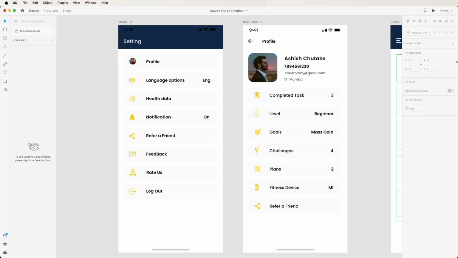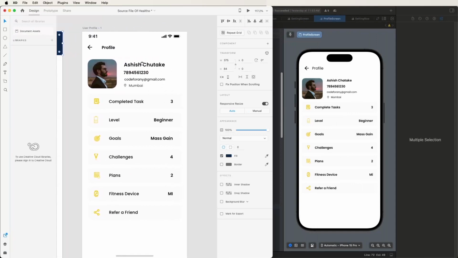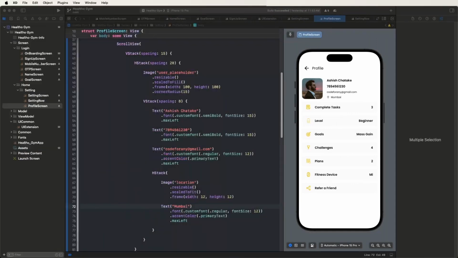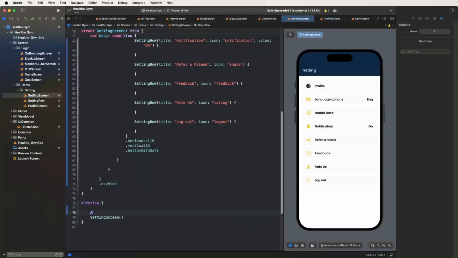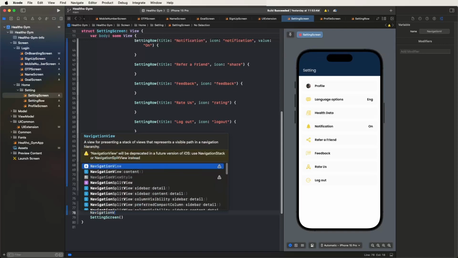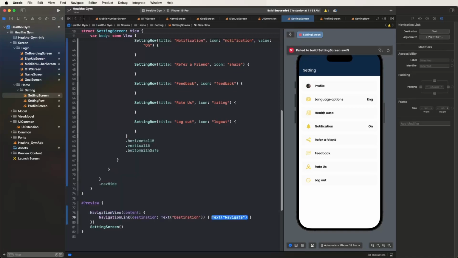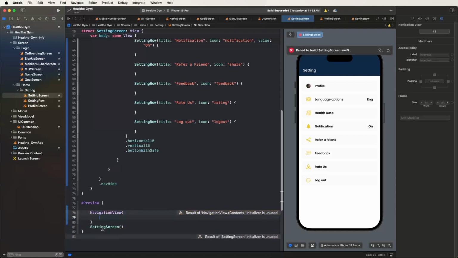and create the profiles, and also configure the screens' click events, so we need to configure that. Now go inside settings, and first of all set the navigation view. Inside, put the screen,